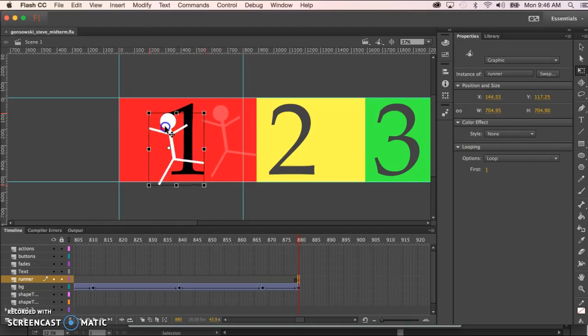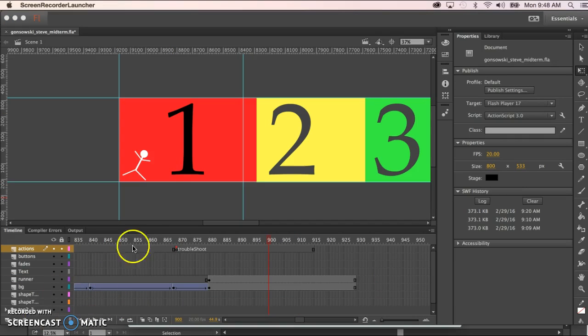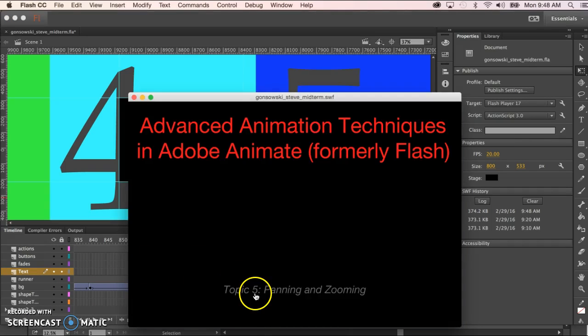I'm going to make our runner a little bit smaller. I'm going to extend these frames, and I am going to move the troubleshoot label out here so we can get to it immediately when we preview the movie. Now, we still have the background set to black, which we'll have to change in a second, but if I go over here to my hidden button,